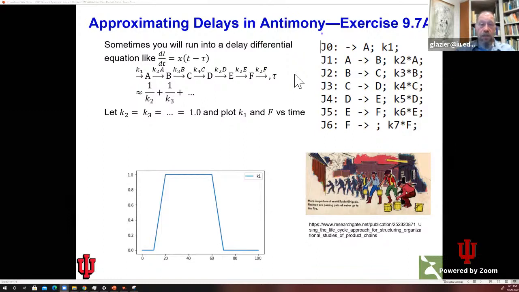And so you'll have to write a little event rule. And maybe it would be helpful if I had one extra term here, because I want K1 to increase slowly. So you could add a term that is,